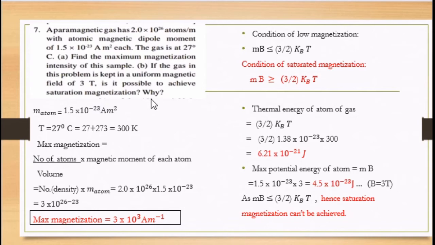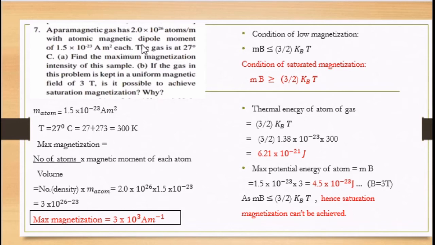Why? In this one numerical, what is given to you, student? The paramagnetic gas sample is at temperature 27 degrees Celsius, and this gas sample has atomic magnetic